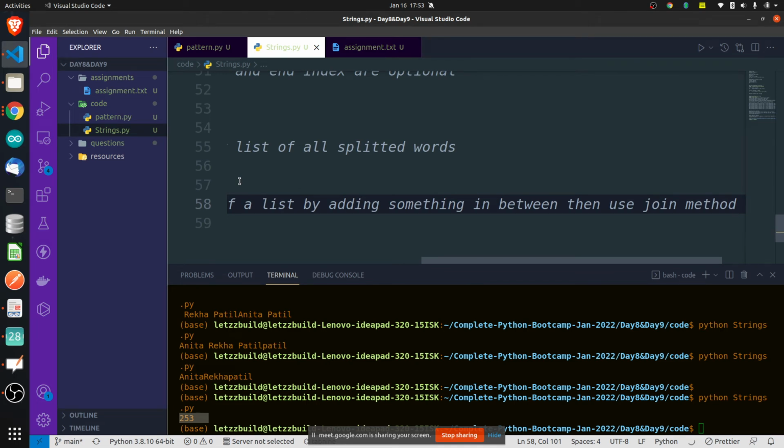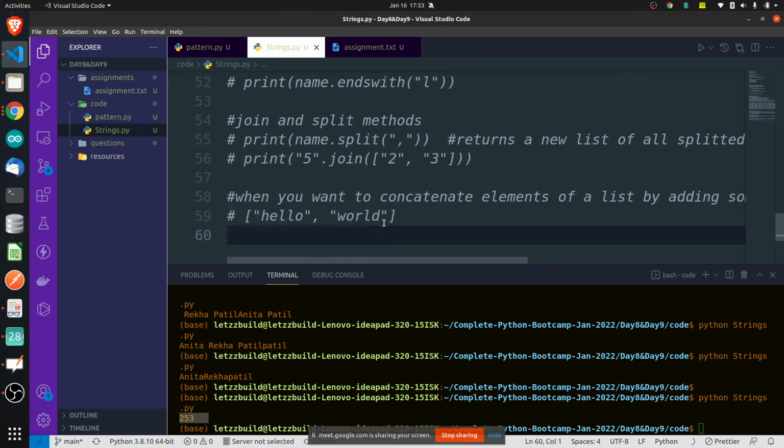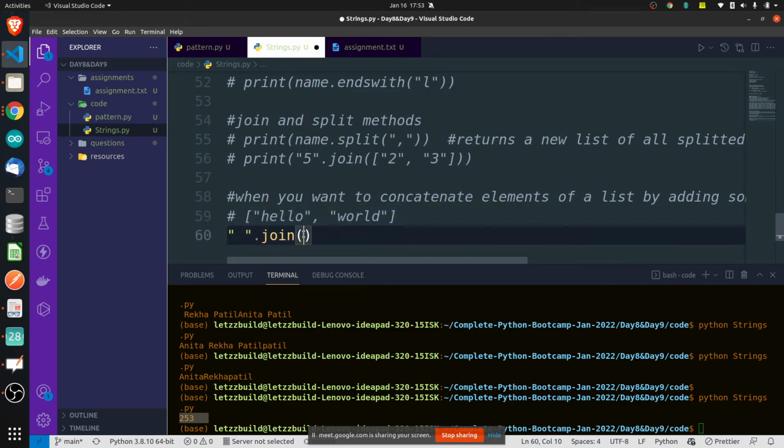Okay, so how will you use the join method? You have to add these two and make a single string, and you have to insert a space in between, hello space world. So whatever you want to add in between, that string, dot join, and after that join you will add this one. If I print this, what will it print?